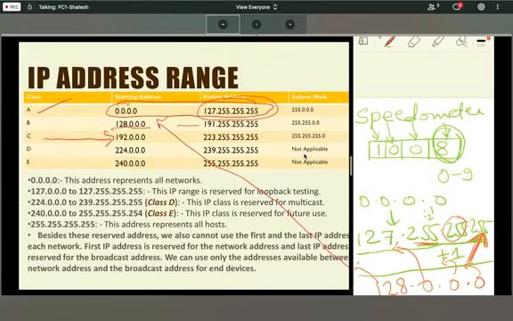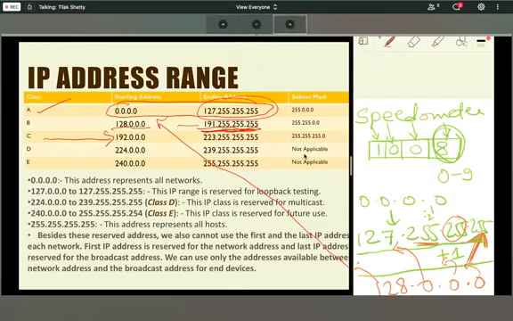Now see on your left hand side, class B. Your class B range is 128.0.0.0 to 191.255.255.255, correct? And see the class C starting address.